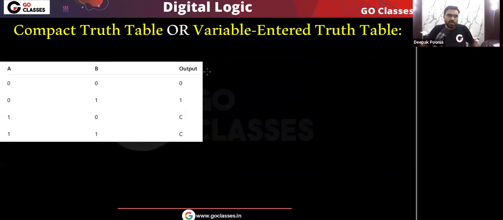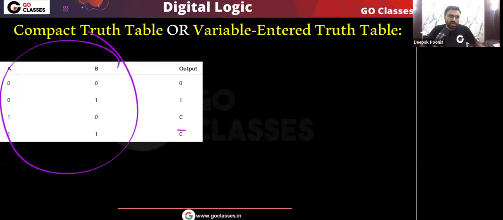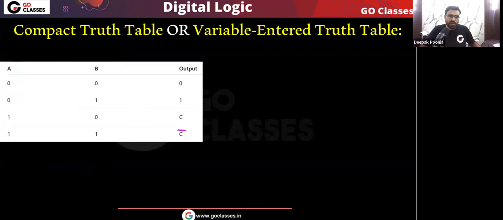Let's solve this question. Here you have a function, and here the compact truth table is given to you. Can you convert this compact truth table to the actual standard truth table? Here, let me assume that here you have C bar. Now you can see that we have a compact truth table where the variables a, b are written on the left, and this is your output, or I can say this is your function. Remember, the function is over how many variables? The function depends on a, on b, and also on c. So please understand that the function is over 3 variables.